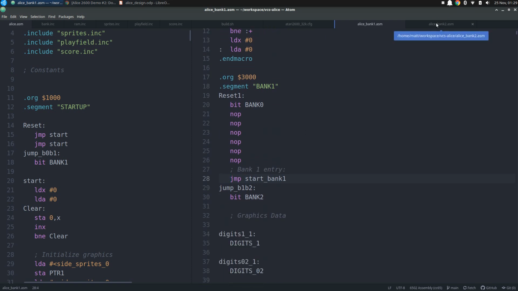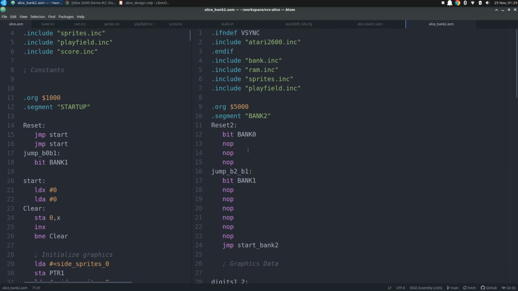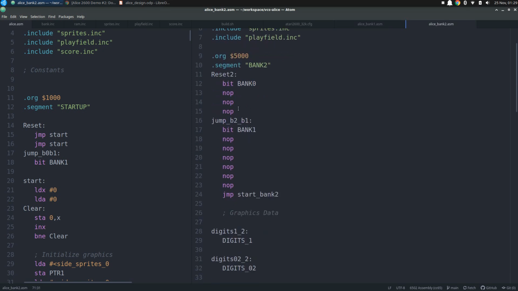And then I switch to my bank 2. And you can see the pattern. This sort of header part of the ROM has to expand to be able to have these jump tables work correctly. So now here I can go back to bank 1. So here, this jump B2, B1, this is the exact same address as it was here